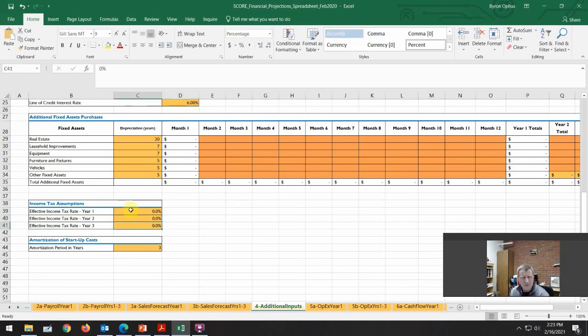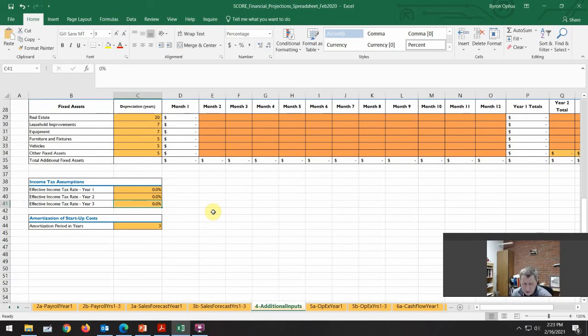Effective income tax rate, it shows 0. Yours probably shows 20%. The new version shows 0, I think, as a default, and 0 should be the default. 0 is what you should change yours to. Here's a little bit of a teaching moment. The types of entities that most small businesses choose are called pass-through entities, which means that